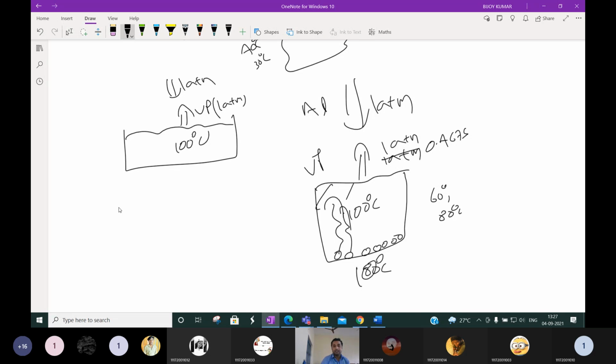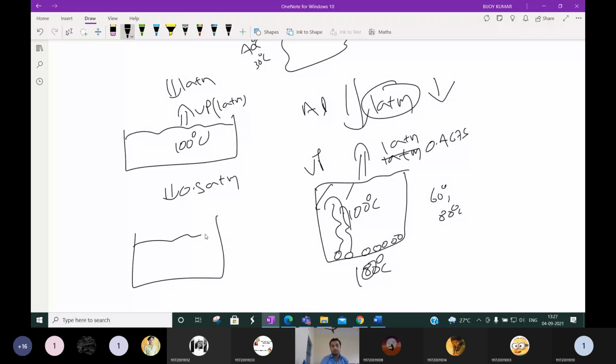Now we understand. So if you decrease the pressure, suppose we say 0.5 atmosphere. Okay, suppose the outer pressure is 0.5 atmosphere. Then what will be our aim? Our aim is to boil the liquid. If you generate a vapor pressure of 0.5 atmosphere, then what will happen? It will counterbalance and the liquid will boil. Okay, so at less pressure also the liquid will boil.